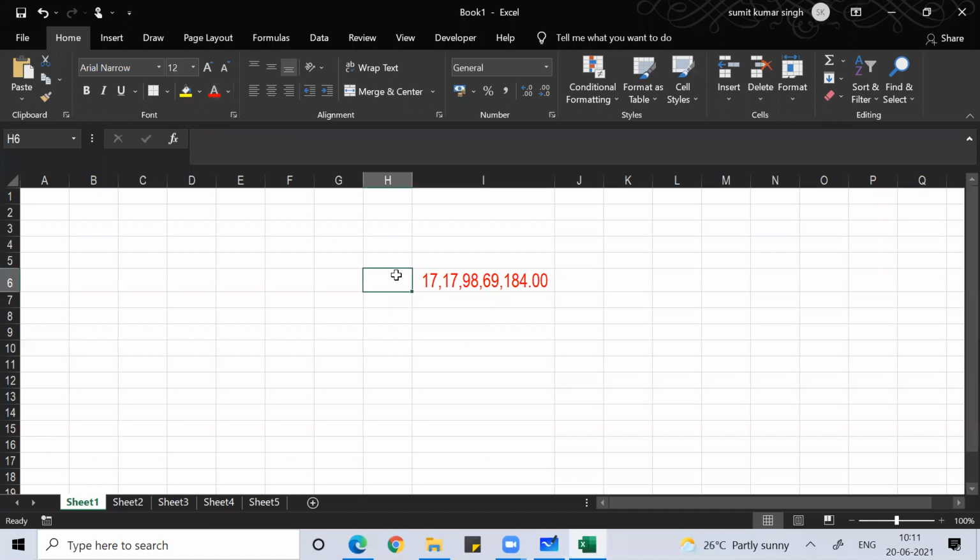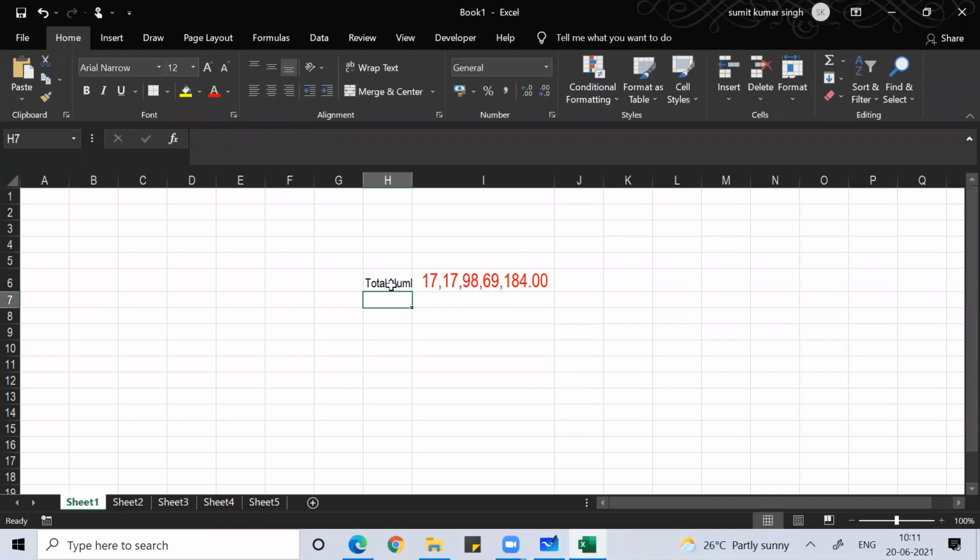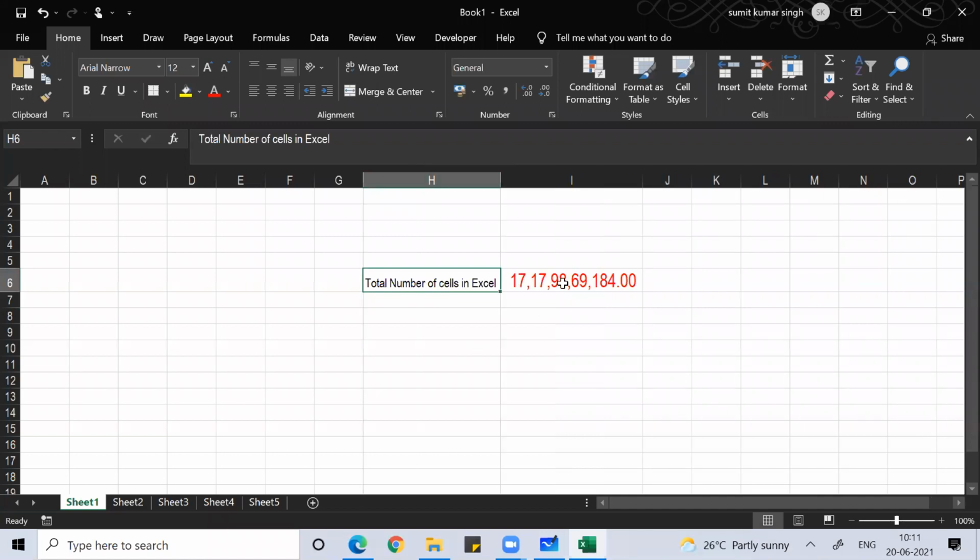Now this is the total number of cells in Excel, and I want to count this total number of cells.